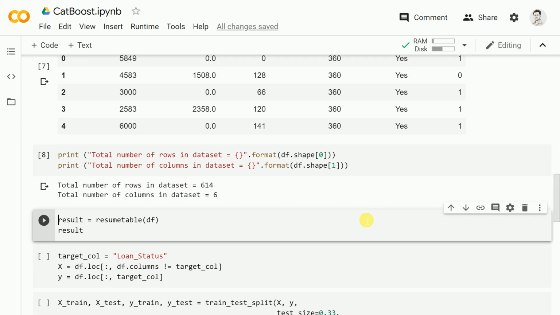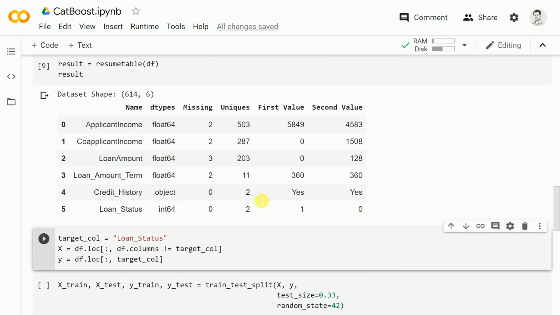Now if you remember, I had created a function called resume table, which gives you the entire summary of the data frame in one go. So this is what I'll try to give you in terms of a proper table-like structure. So the function gives me a result in one go. Let's go over the result of this function. As you can clearly see, it specifies that it has 614 rows and 6 columns. So essentially I have a column for name, that is all the column names occupy the rows. It gives me the type of data that is included in a particular column.